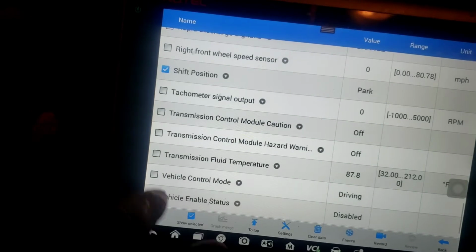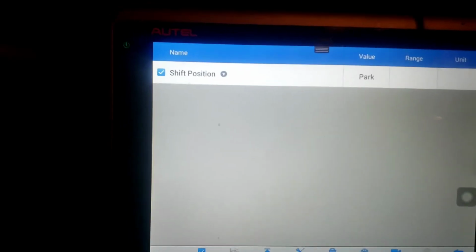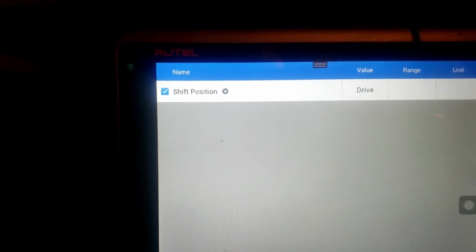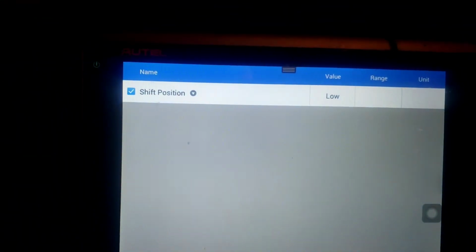right here, shift position. So it says park. I'm in park. But just watch this. I'm going to go to reverse. Let me start over. Hang on. Go to reverse. Shows reverse. I'm going to go to neutral. Shows neutral. Go to drive. Shows drive. Go to low, shows drive still. Even though I show low, it's just an alignment issue. But if I pull back a little bit more, then it goes into low on there. So back to drive,